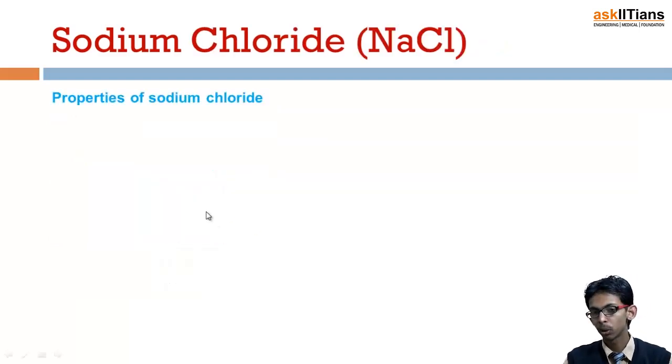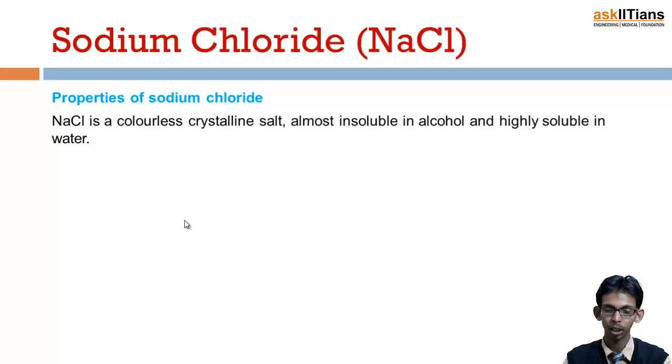Next is sodium chloride, common salt again. Now, preparation of sodium chloride, first we have studied that it is formed by evaporation of water. Just evaporate and it will be formed. So we just discussed that sodium chloride is formed by evaporation of sea water. Second, we discussed how it is synthesized, and now we will see the properties of sodium chloride.